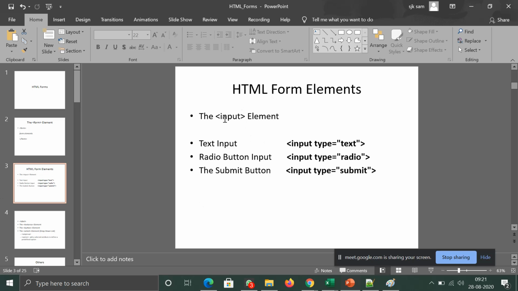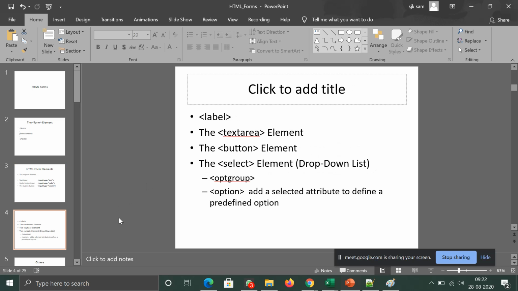Okay, so you have form elements. The first thing is an input element. Now what is this input element? Suppose you want a text box, or you want a radio button, or you want a submit button, what you do is, here you type input type equal to text. So this type attribute, the same input element can be a text window, it can be a radio, it can be a submit button, or it can be anything else. Okay, I'll tell you what are all the other controls that are available.